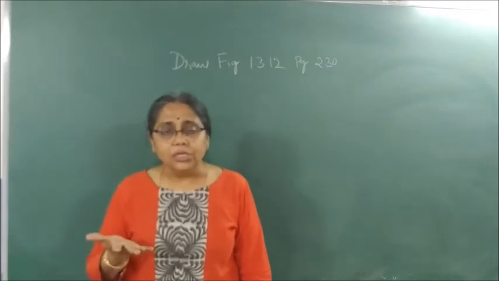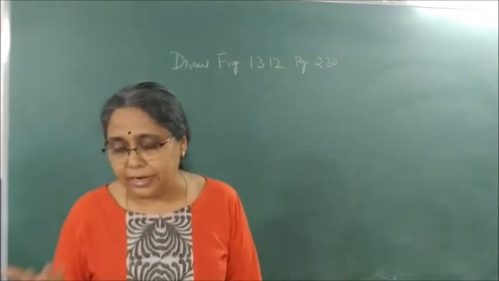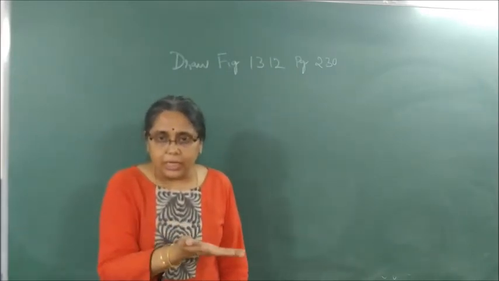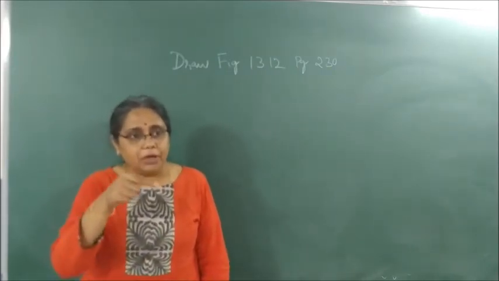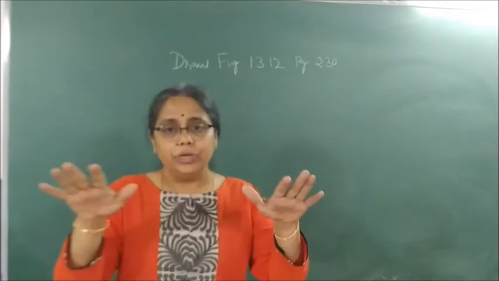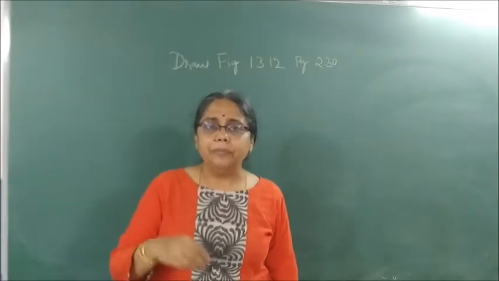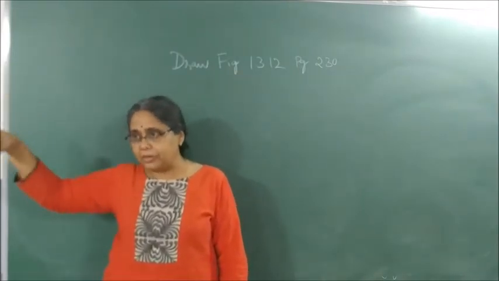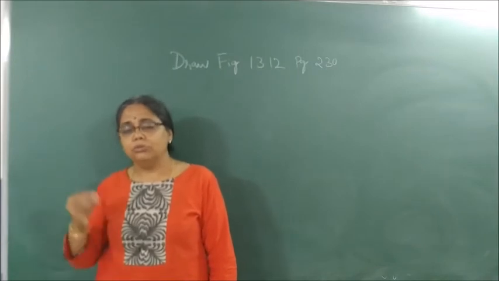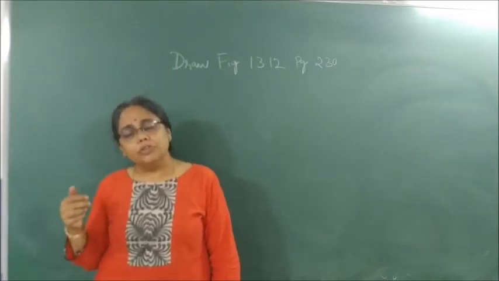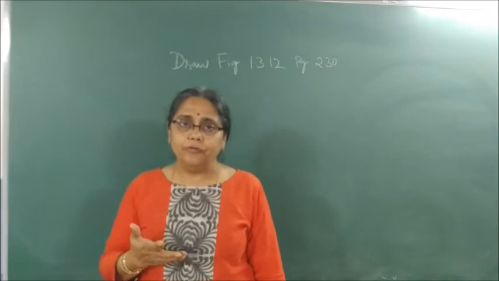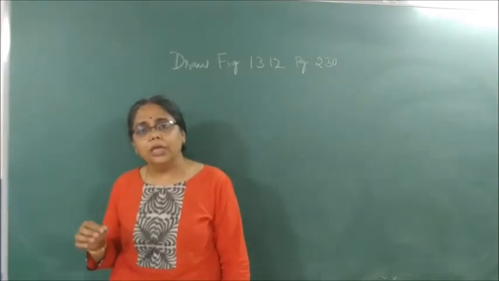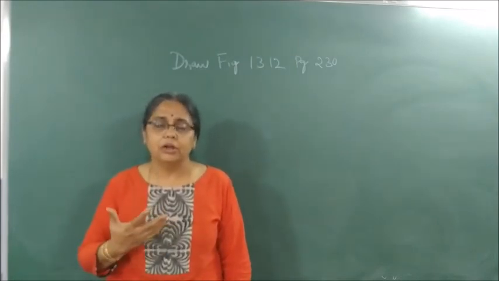Now, magnetic field due to a straight conductor carrying current. Take a cardboard, make a hole at the center, put a white sheet and pass the wire, which is then connected to a rheostat, an ammeter, a cell or a battery using a plug key. Switch on the plug key and then the current flows. Sprinkle some iron filings around the wire and see how they arrange or align themselves around the wire.